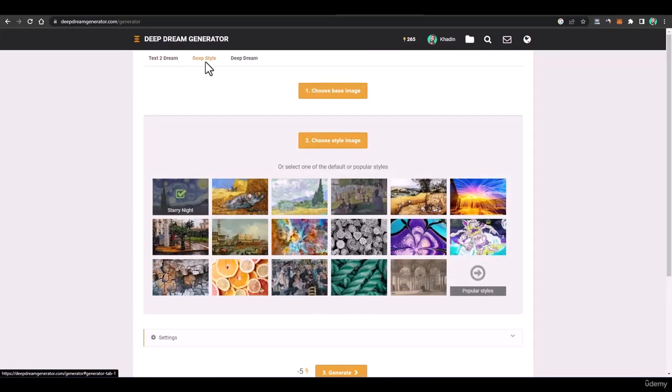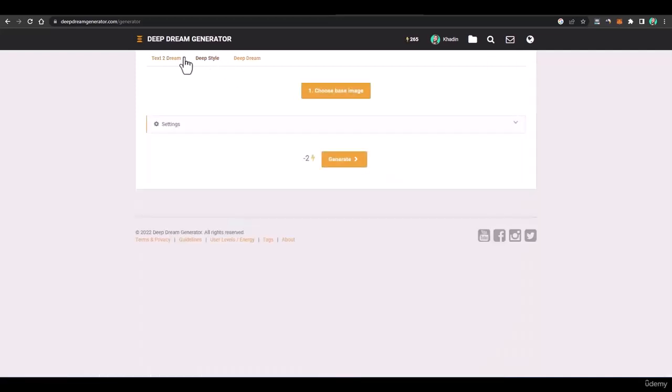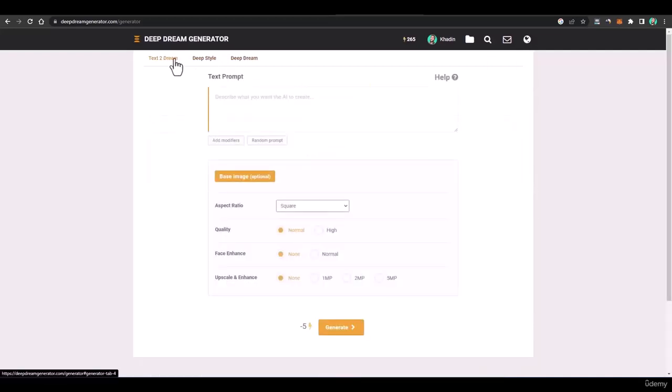Then we will also be using DeepStyle, and we will also be using DeepDream to generate the dreams. So now let's stop this section, because we have set up our AI playground. Now we'll be using these tools to generate art. Let's move on to the next lecture.